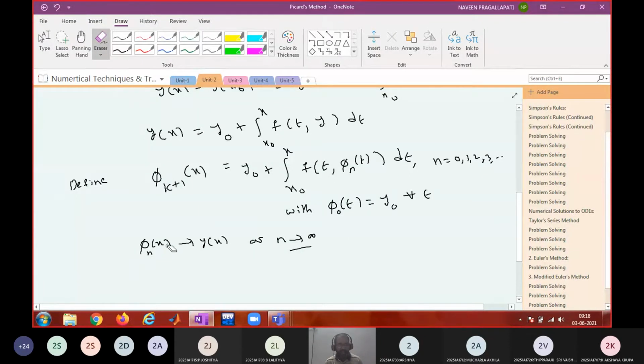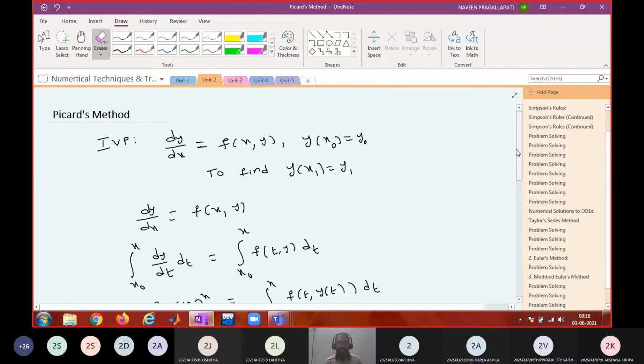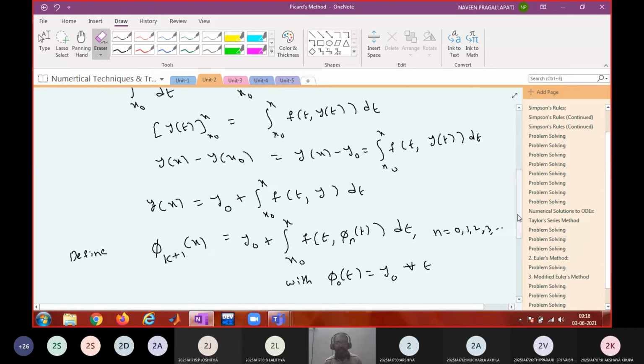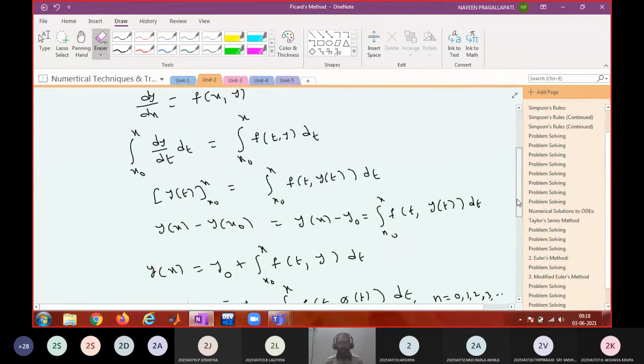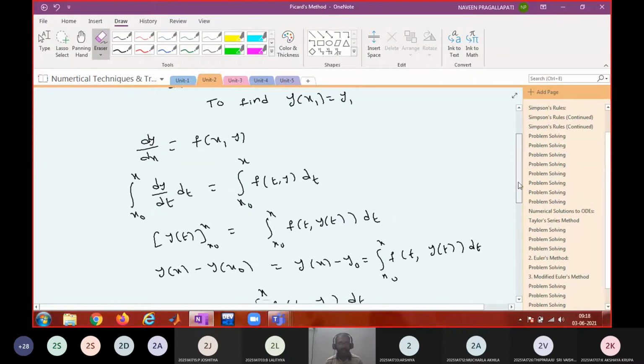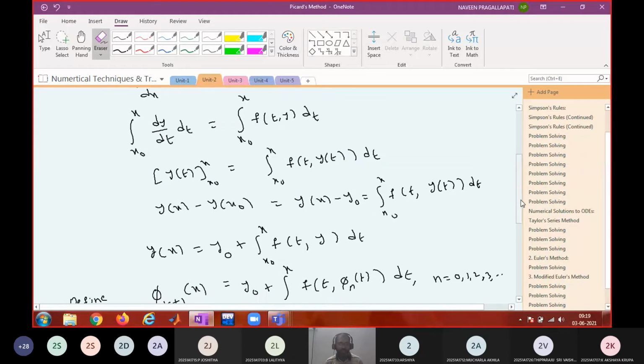That is already proved, in advanced mathematics. So we don't really need to worry whether this is going to be an approximate solution or not. It is always going to be an approximate solution, because f has to satisfy certain conditions. All those things we are not discussing. So whatever problem I give you, please assume that the sequence obtained is going to be convergent under certain assumptions. What those assumptions are, we are not discussing here.